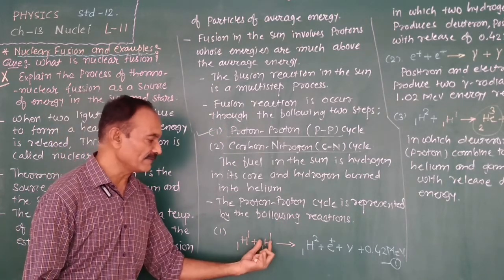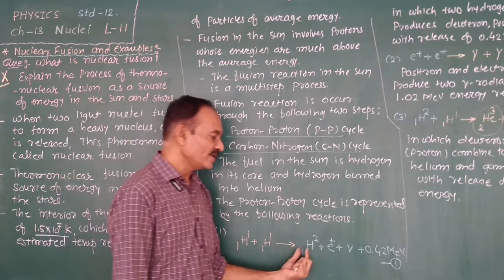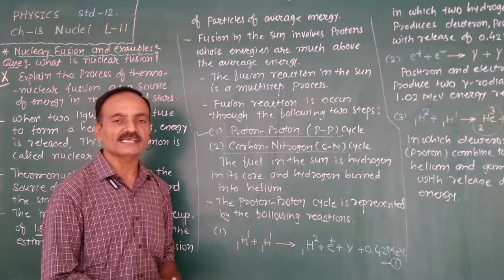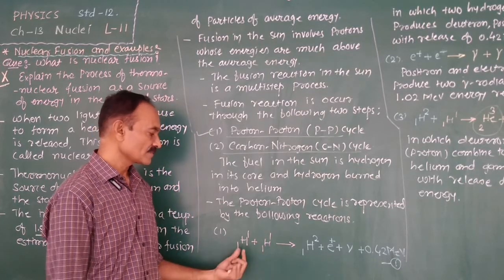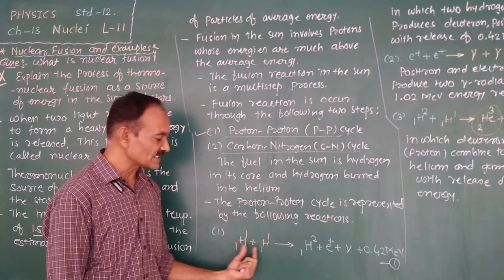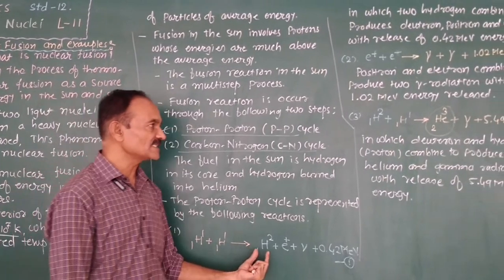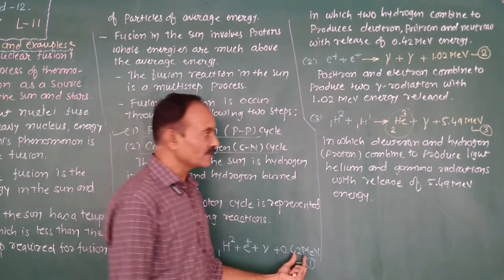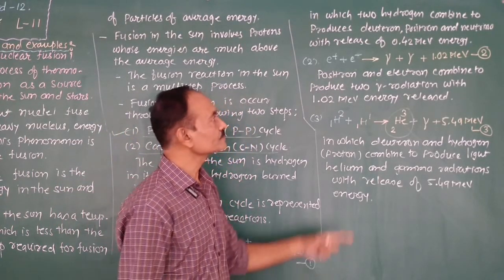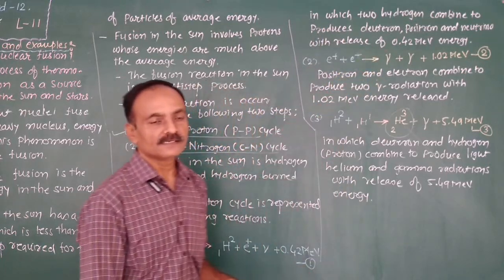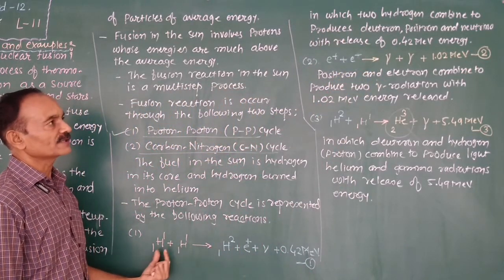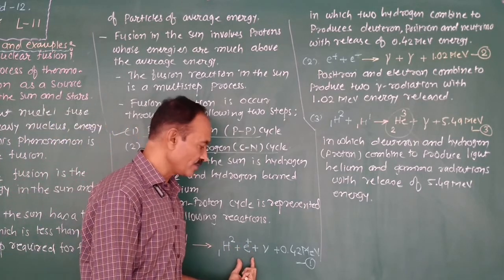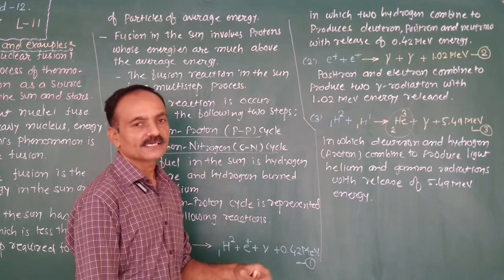One hydrogen combines with another to form deuterium plus positron plus neutrino, and 0.42 MeV energy is released. Right? Again, the hydrogen, or the proton, is combined with the proton. Deuterium is formed plus positron plus neutrino, plus 0.42 MeV energy is released. In this process, two hydrogen, or protons, combine to produce deuterium plus positron and neutrino with